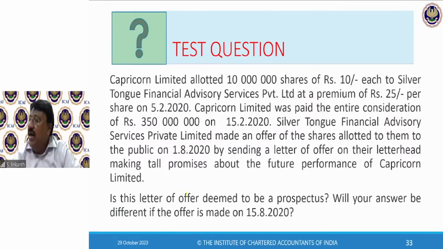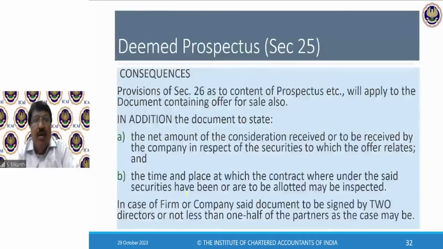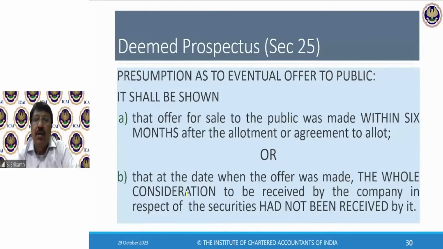Is six months from the date of allotment, or from the end of the month of allotment? Date of allotment. That's how I have always understood it. I don't think it's from the end of the month when the allotment was made. Unless you have some other information to the contrary.